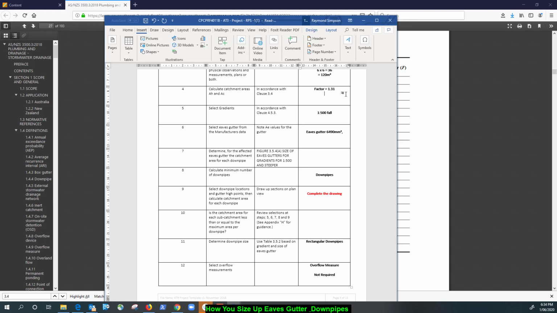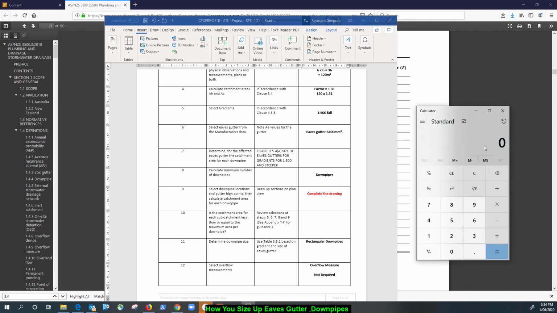That's the factor. Now what we need to do is multiply our square meterage by the factor to get our true catchment area. So 1.31. And so that will equal, if we bring our calculator back, I've just got to grab it from over here. And there it is. It is 120 multiplied by 1.31 equals